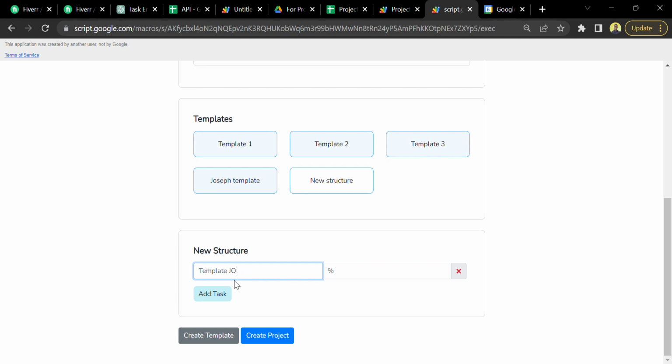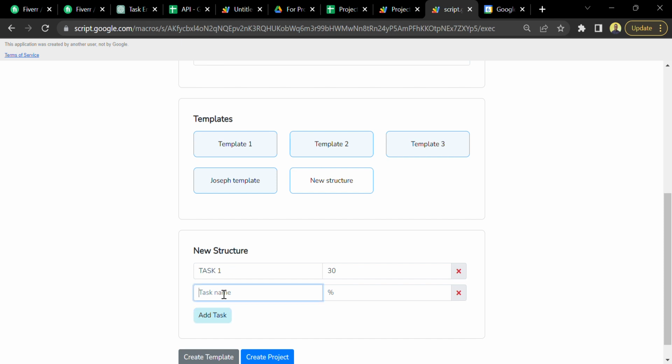I don't know. Oh, this is supposed to be the task name. So task one and 30. You can add a new task. Task 2, 30, and task 3,